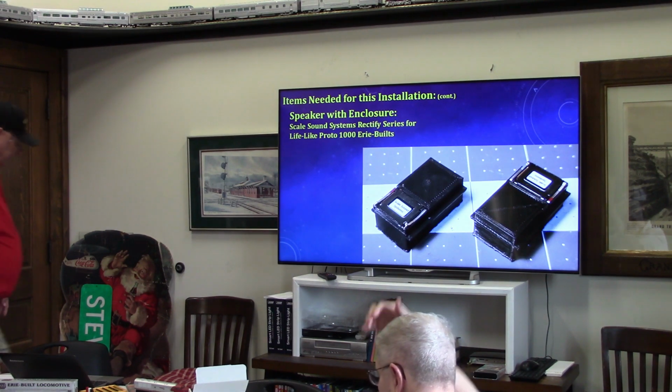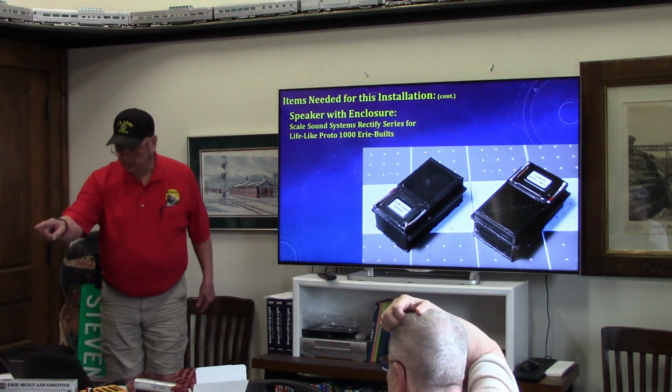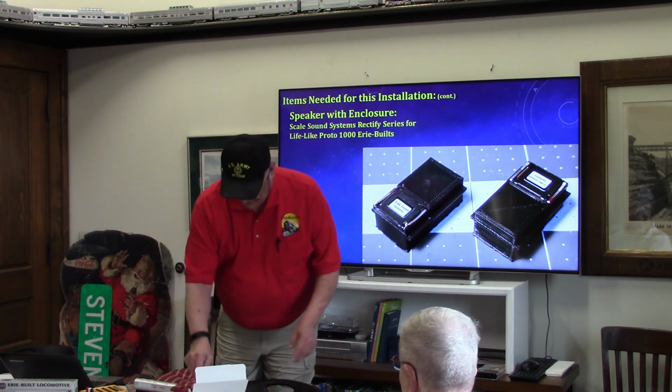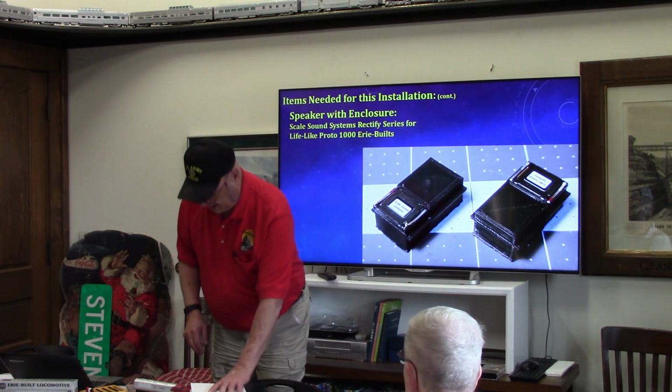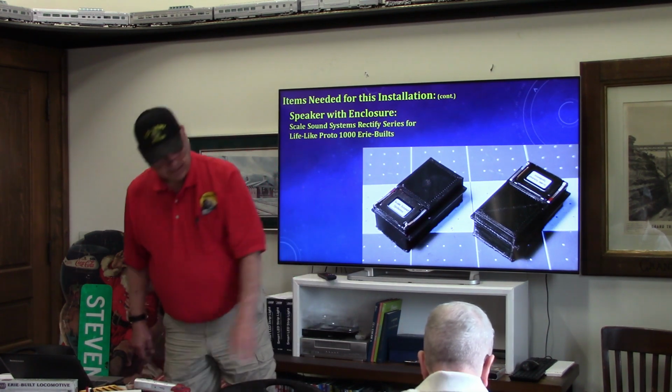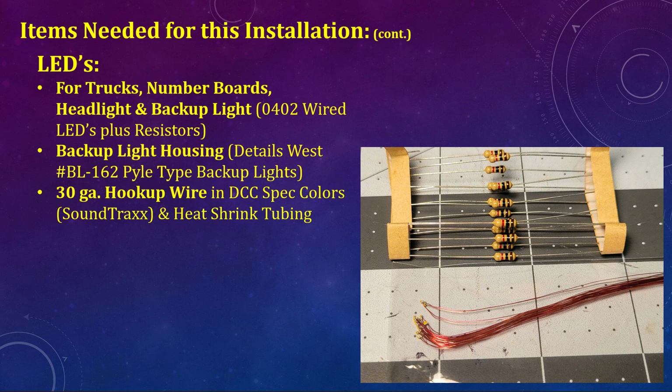Streamline Back Shop. That's a nice thing. Any projects? That happens to be a metal. Okay. And we'll save some for the next one. You know what the impedance is on these? I figured you should get credit. Yes. Okay. Items needed for the installation here